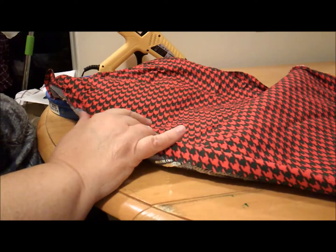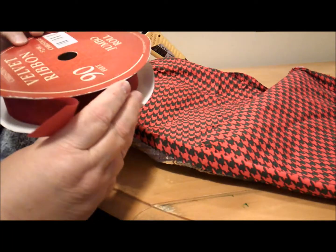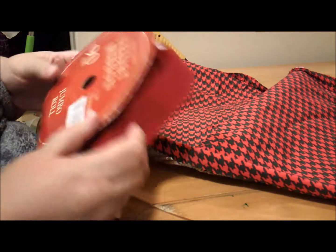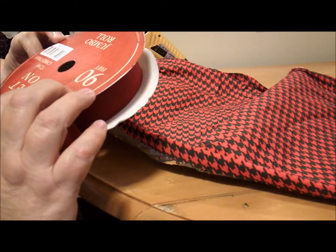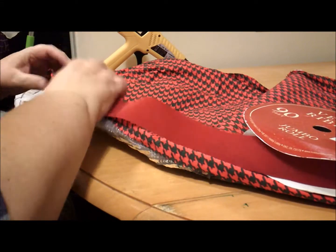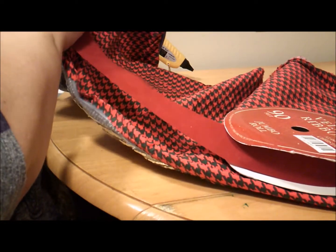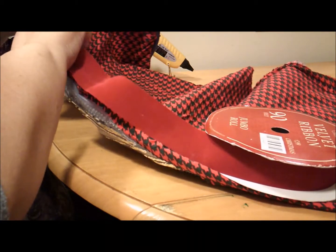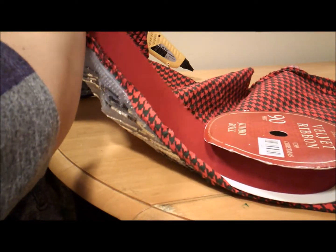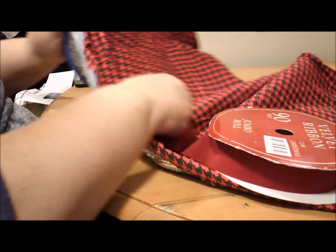And what I am going to use is some velvet ribbon that is, actually I'm not sure how wide this is. I'm going to start at the top and just work my way down, so that I can have a nice seal on both sides. So I'm going to start up here and kind of catch both sides,